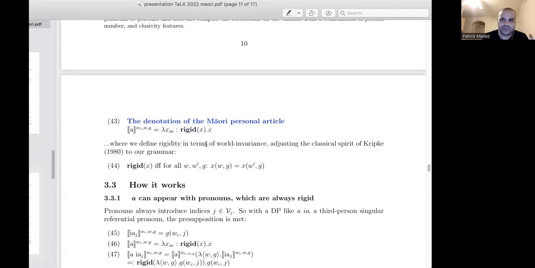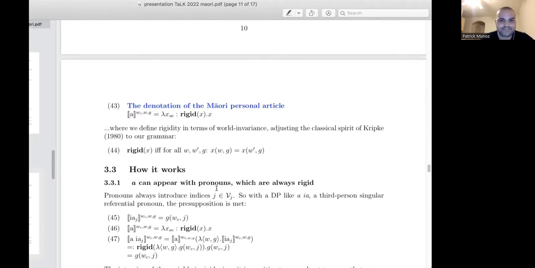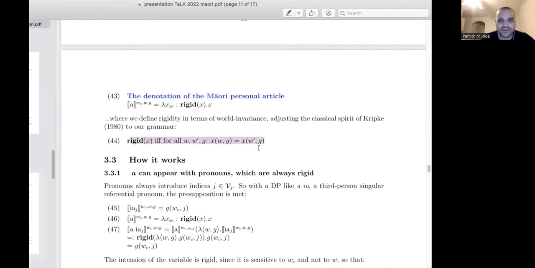So again, it has no real substantive semantic contribution, but the presupposition it introduces ensures that the variable it combines with is rigid. If it tries to combine with something non-rigid, that's not going to work. And then we cash out rigidity. There are a lot of ways you can cash it out, but the Kripkean way of doing it would just be to say, for any two worlds at the same assignment, the variable maps to the same individual at every world on that assignment, right?